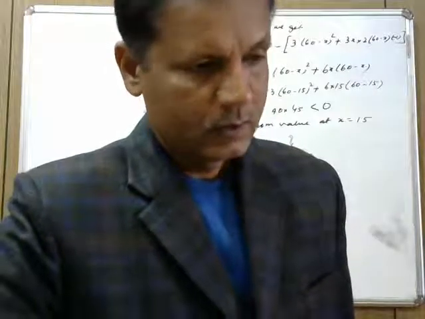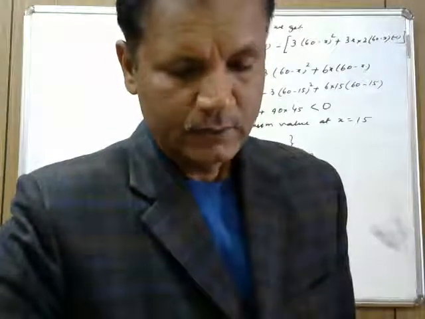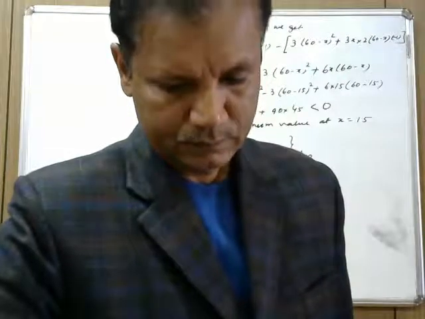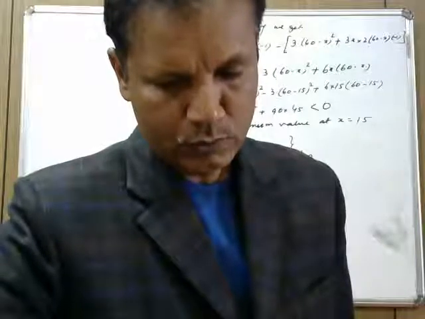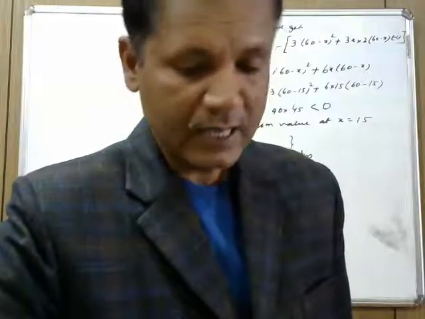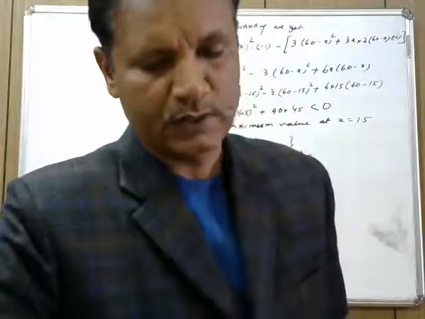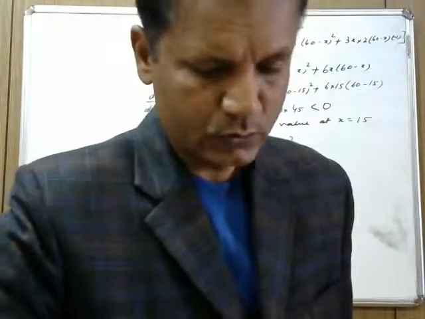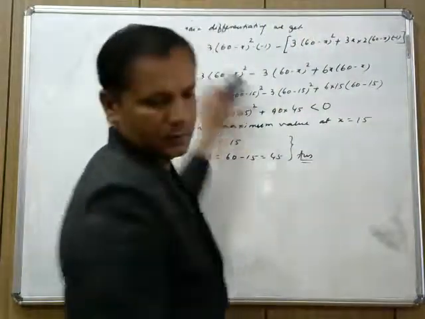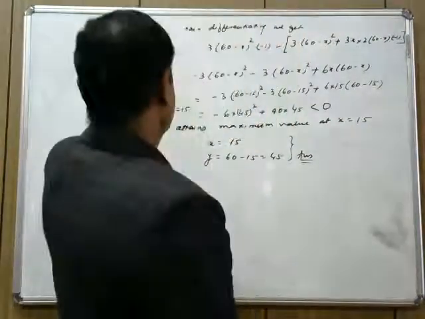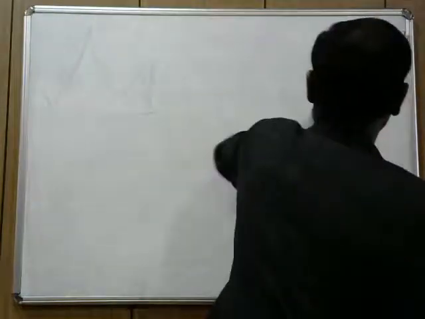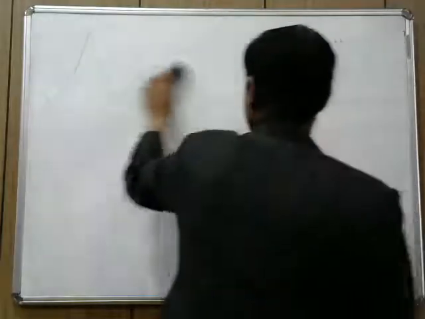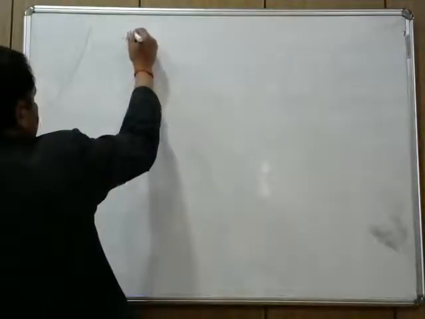Okay. Now question number 16 we have, find two positive numbers whose sum is 16 and whose cube is minimum, that means x cube plus y cube. Same fashion you have to do these questions. Now for today's lesson I am doing the last question, that is question number 17.